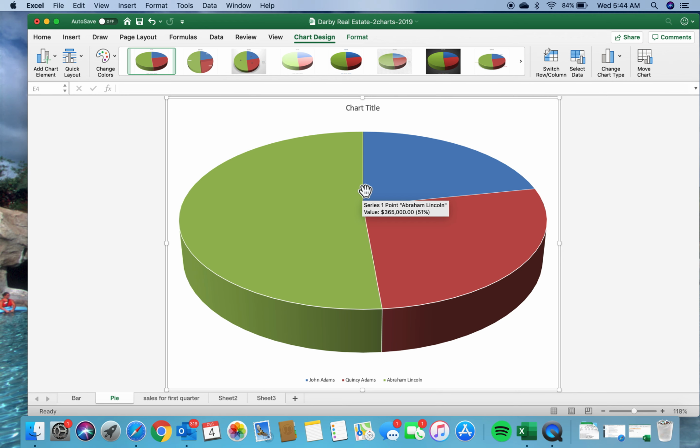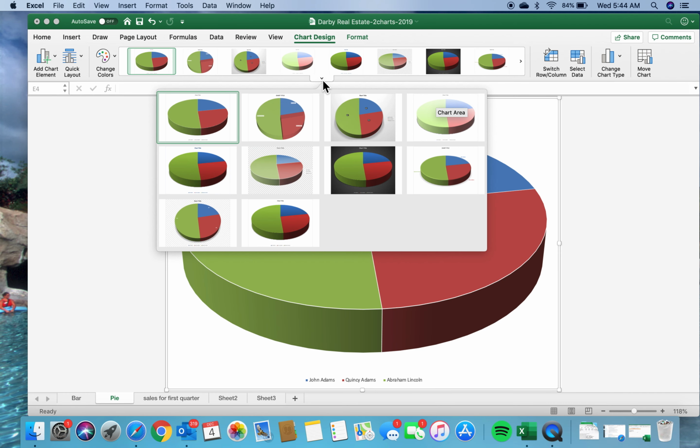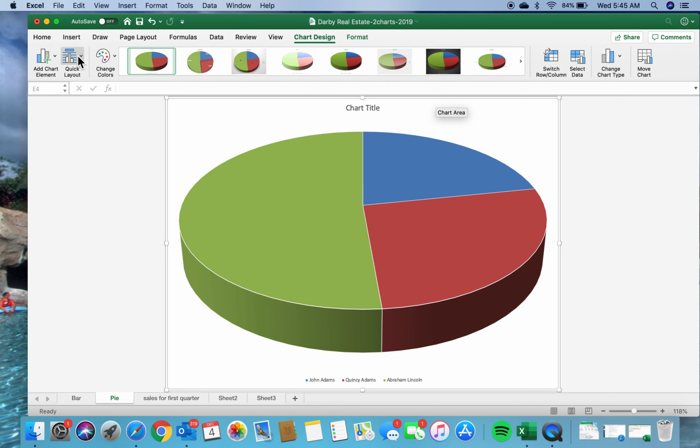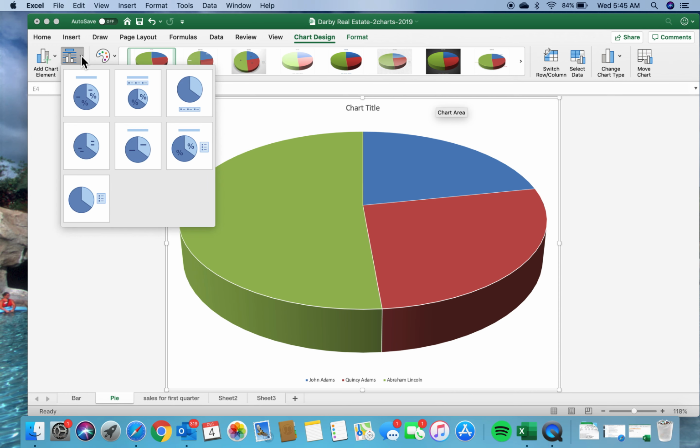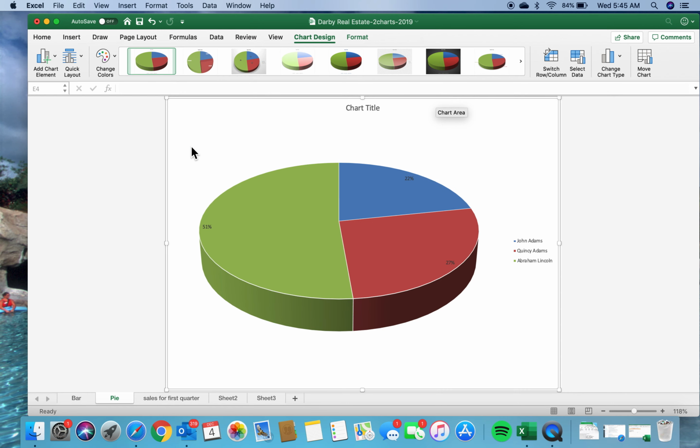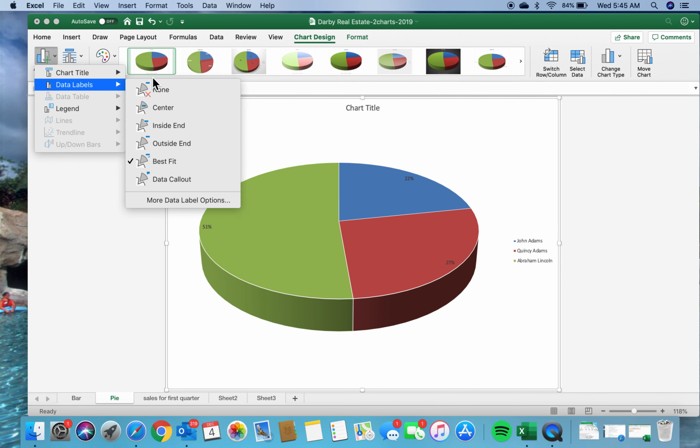And for this one, let's see. I think we need to just keep it simple and stick to the plain, okay? So we're going to go to Quick Layout and choose number 6, like the instructions said. And then remember I said change the percent to values. Go to Add Chart Element, Data Labels,